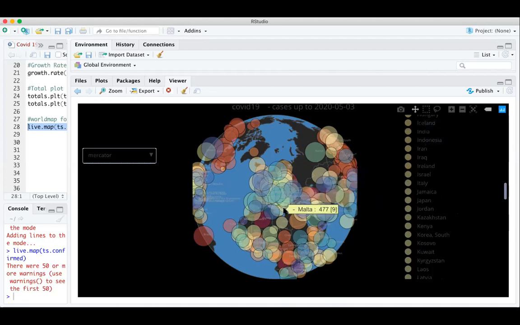Yeah, so if you can see, Brazil is 1.01 million.